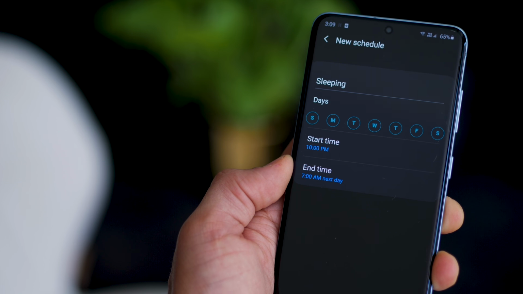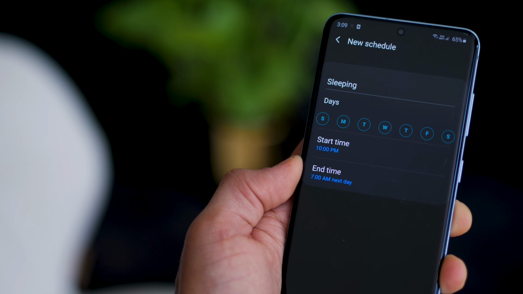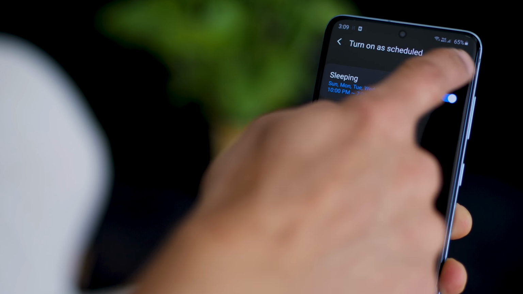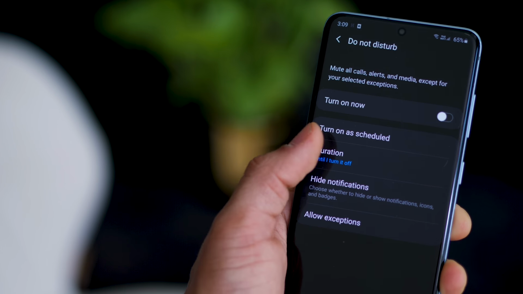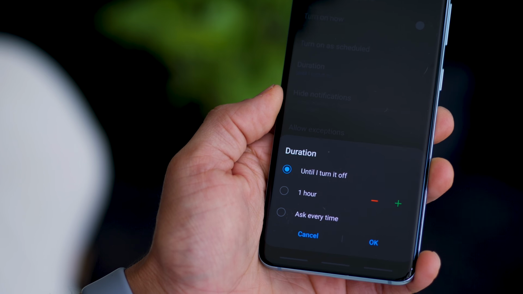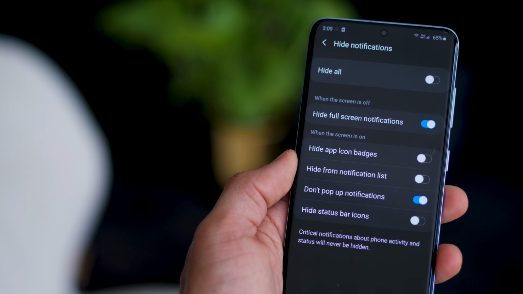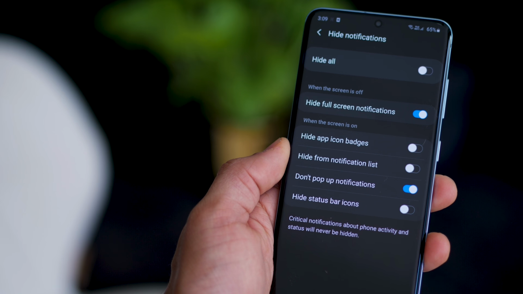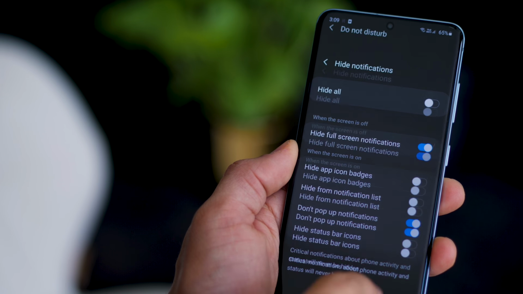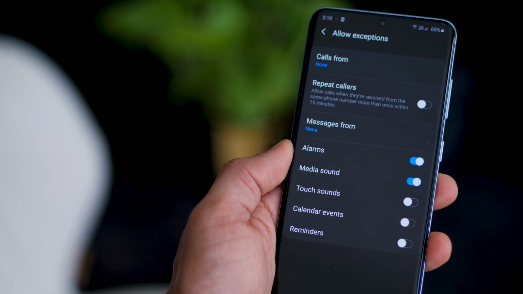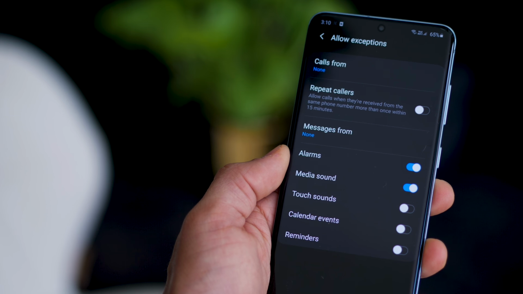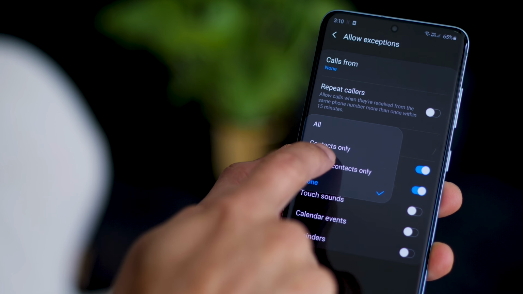So about 10 PM in the night till 7 AM in the morning, I want no disturbances unless I myself want to look at notifications. I'll talk about duration a little later. So what it does is that in D&D mode, none of the notifications will show up. You can of course control how much of what should show, and sounds are specifically turned off except alarms, because